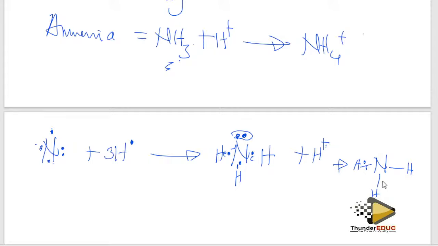But these are electrons, don't forget. The electrons which are going to combine with this hydrogen are going to come from nitrogen. Therefore, I'm going to have something like that. And at the end of the day, because nitrogen has given out electrons to this hydrogen, I'm going to form a positively charged ion. Hence, you form that structure. I think I'm clear there.